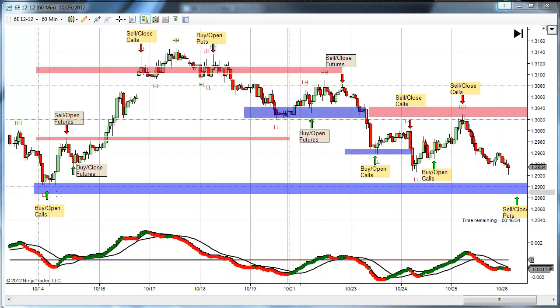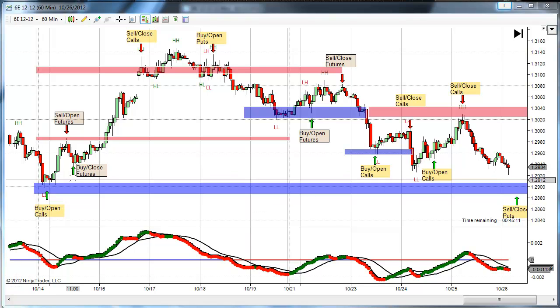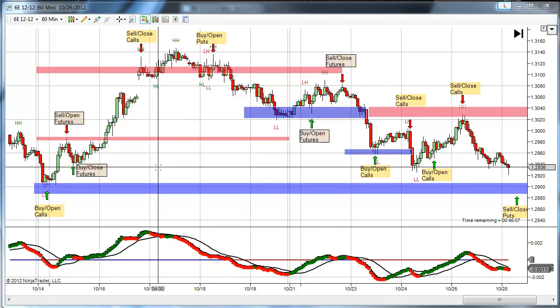Support areas are indicated by these blue horizontal lines, and the areas of resistance are represented by these red lines. And the narrower, smaller lines represent a shorter time frame area of support and resistance. In this case, it would be a short-term resistance area. And so to begin with in this discussion, to give you an idea about how we use both options and